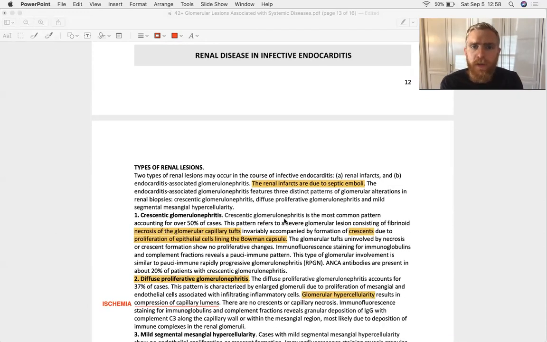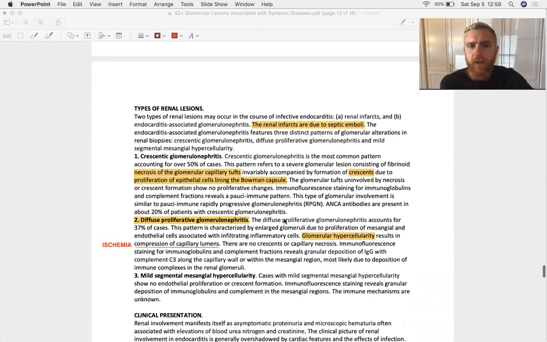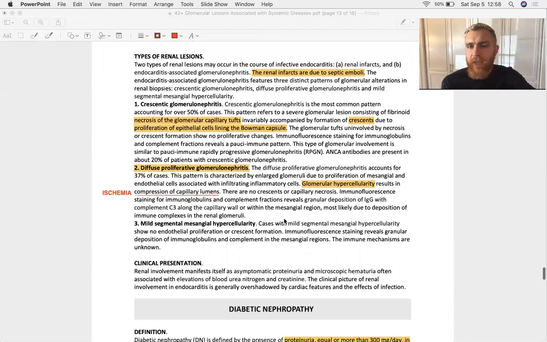Renal disease and infective endocarditis. We said that you can get renal wedge-shaped infarcts due to embolization of septic emboli. And again, it can be bacterial or non-bacterial, but this section particularly is talking about bacterial. So you get a bacterial clot in the kidneys. Oh man, that's not cool at all, because then your kidney is going to get infected besides infarcted. So you're going to get some gangrene on that, and gangrene's infection superimposed on necrosis. And besides the clot,